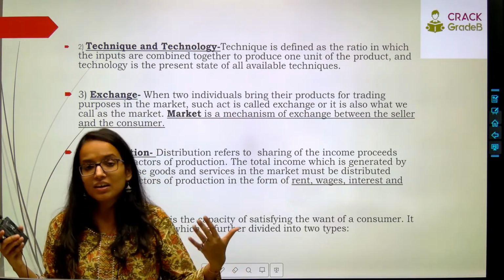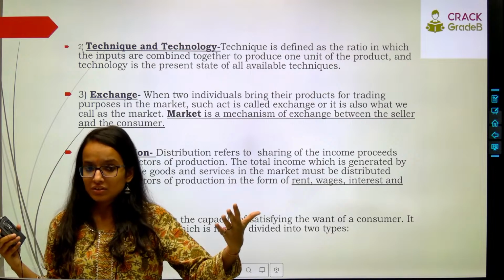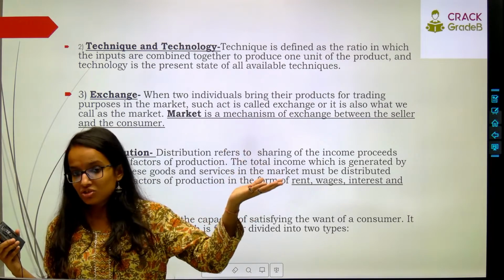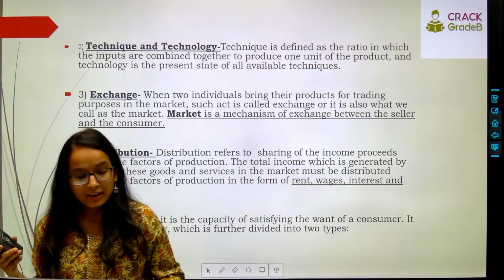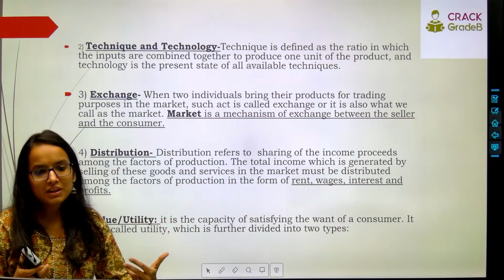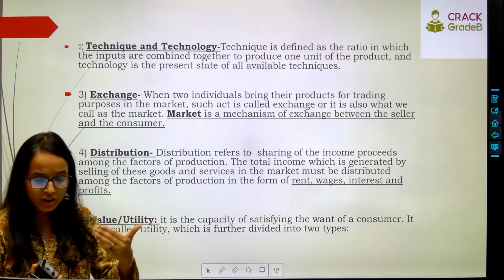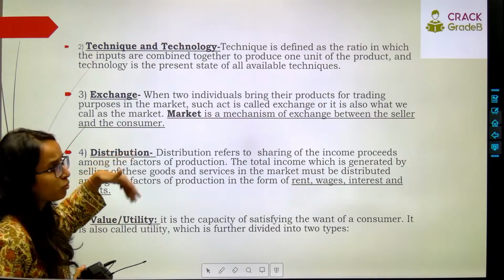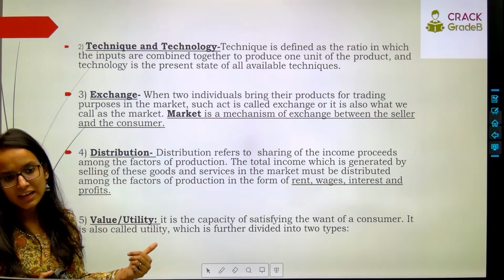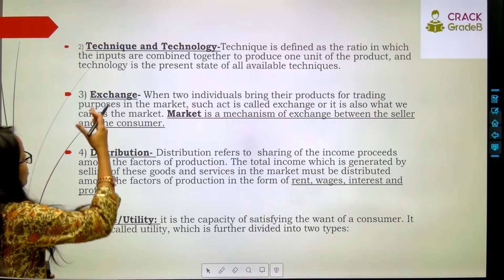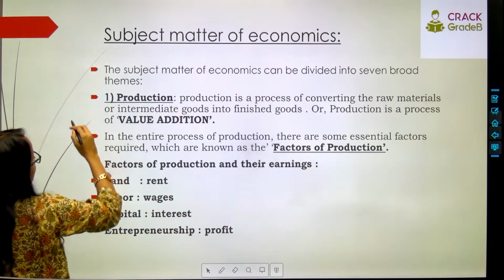For example, India. In India, we have huge population. As you all know that we have surpassed China in population growth, right? So in India, the labor is cheaply available. So it is easy and feasible, economically viable for us or for our industries and entrepreneurs to employ more of labor than the capital, which is expensive, right? So then the second concept is technique. Then we have